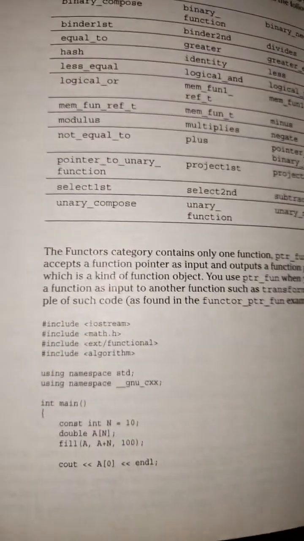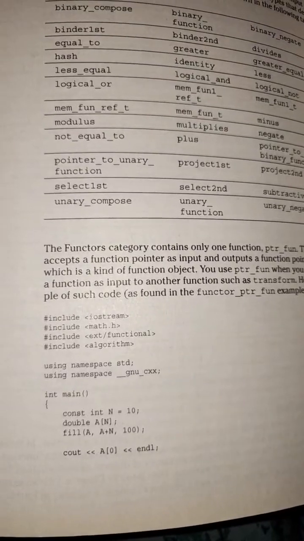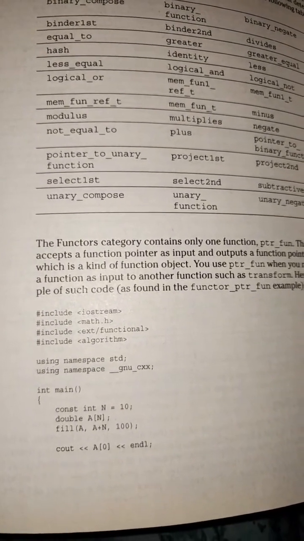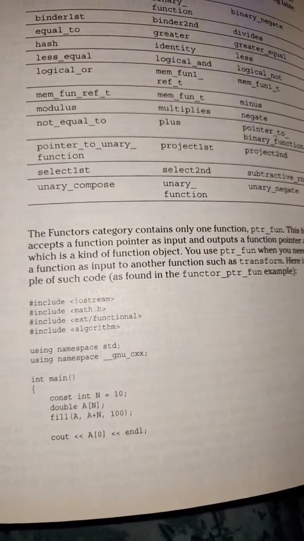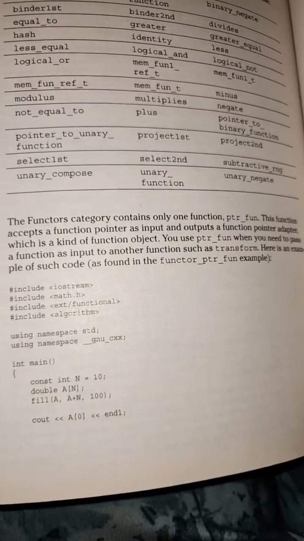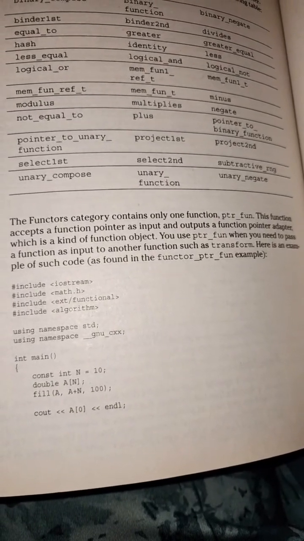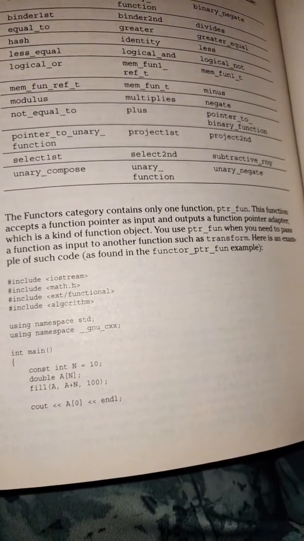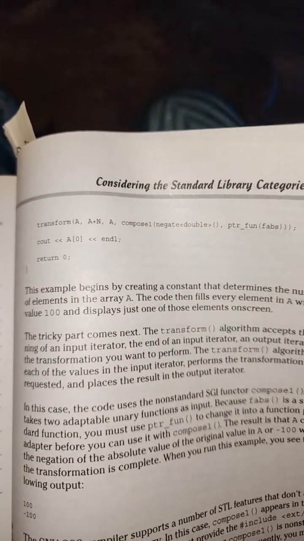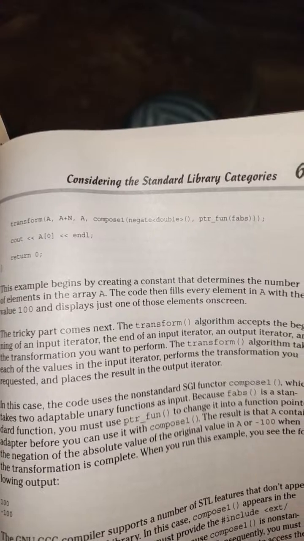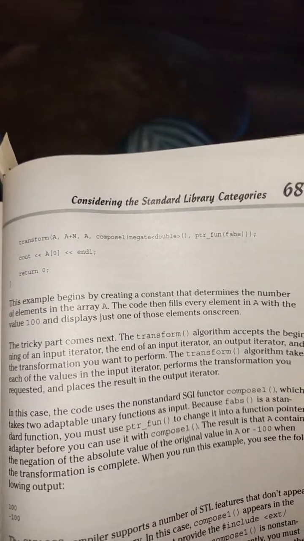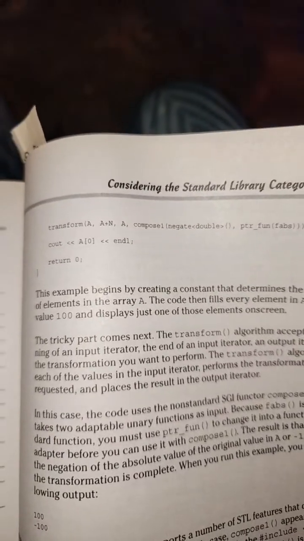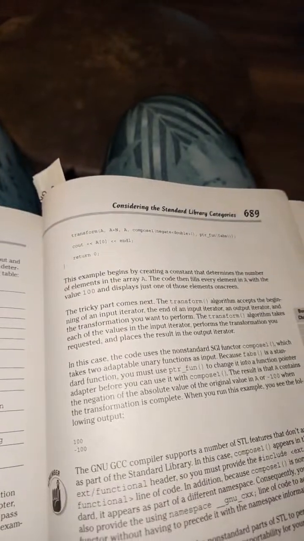#include <iostream>, #include <math.h>, #include <ext/functional>, #include <algorithm>, using namespace std, using namespace __gnu_cxx, int main() { const int n = 10; double a[n]; fill(a, a + n, 100); cout << a[0] << endl; transform(a, a + n, a, compose1(negate<double>(), ptr_fun(fabs))); which is floating point absolute value, cout << a[0] << endl; return 0; } The example